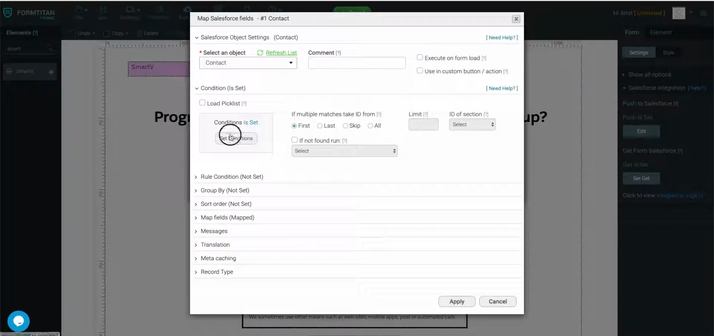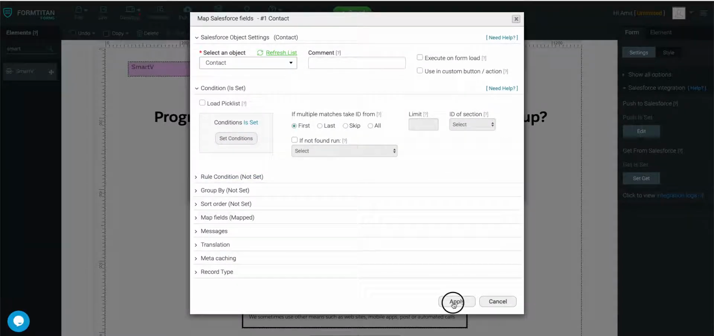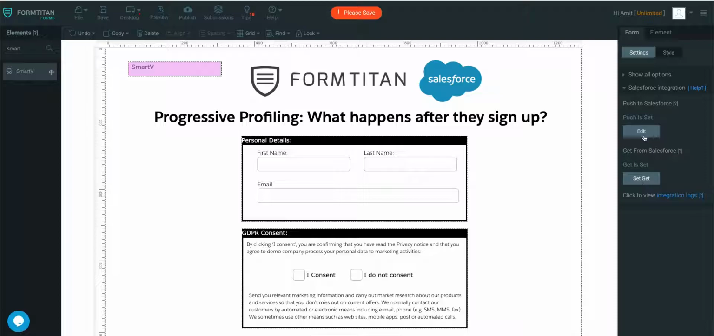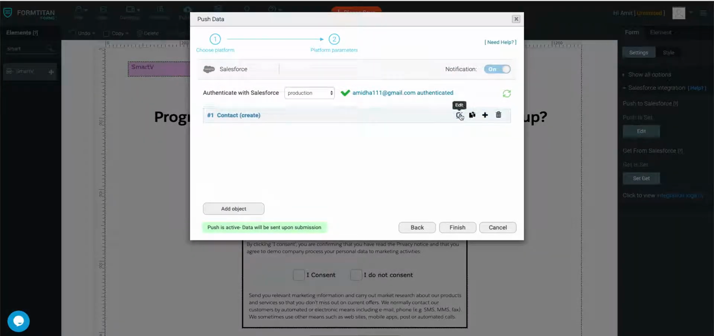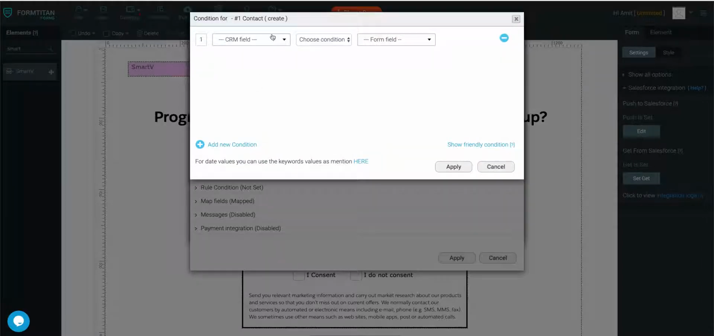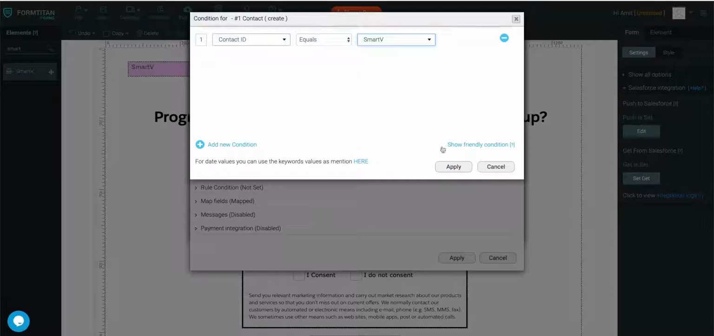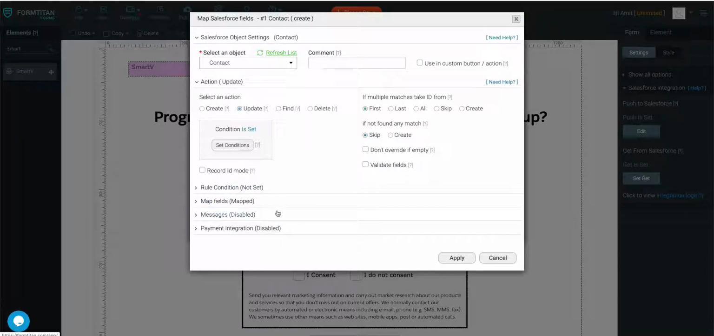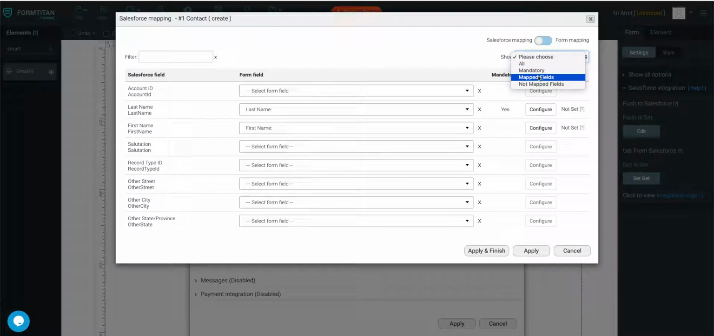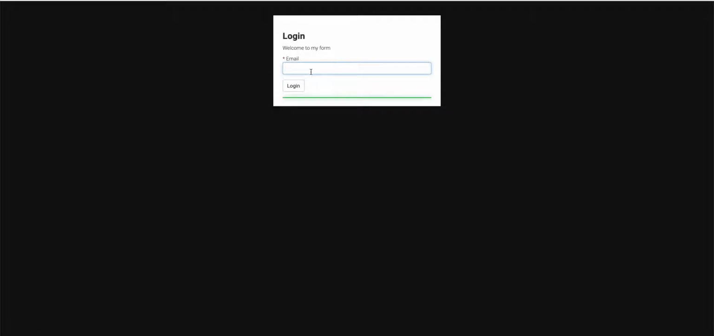So you can say contact ID equals Smart V. That's it. And then in the push, you will do the same. Instead of create, we're updating. We're just going to say contact ID equals Smart V. So the same thing we're doing. We're doing a push and a get. Get means reading the data. Push means pushing the data into Salesforce. Cool. So if I apply and finish and I save, and then I go ahead and preview,